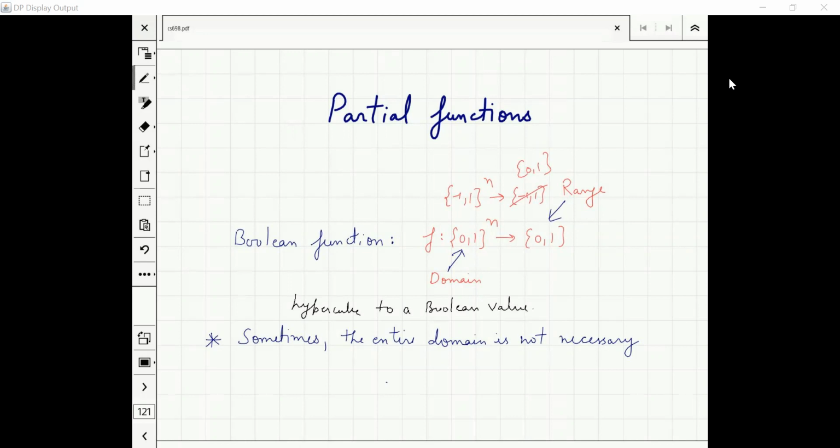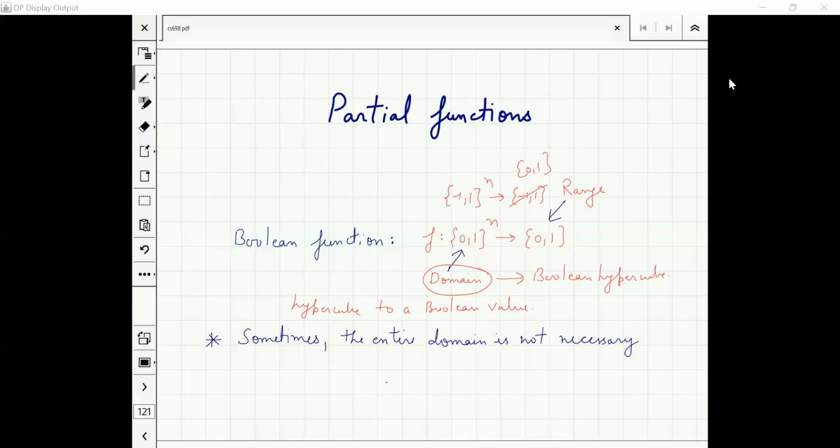And when I talk about this, for every function, there are two important things: domain and range. For a Boolean function, the domain is the Boolean hypercube. And my range is a Boolean variable. It could be 0, 1, it could be -1 comma 1, it could be true, false, there could be many other things, but generally we take it to be 0, 1 or -1. Everyone is familiar, I assume, with what is a domain, what is a range. Domain is the set of possible inputs, and range is the set of possible outputs.